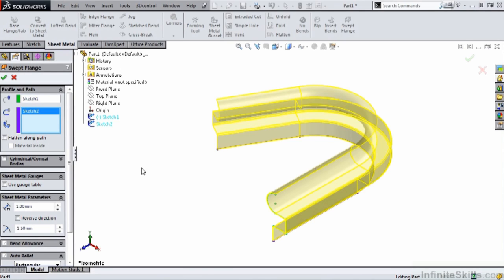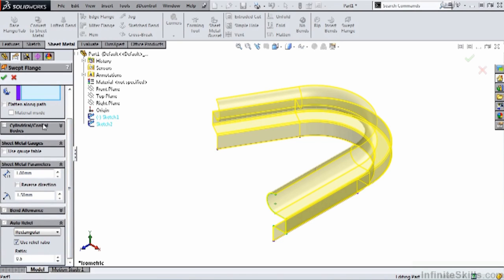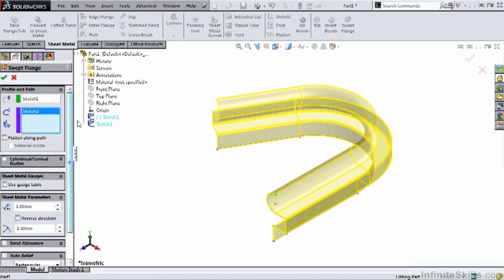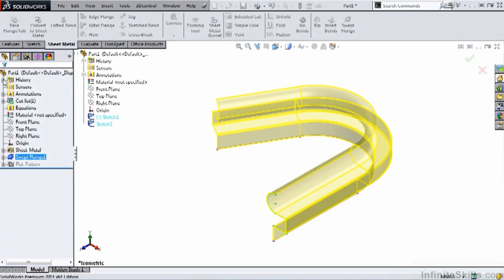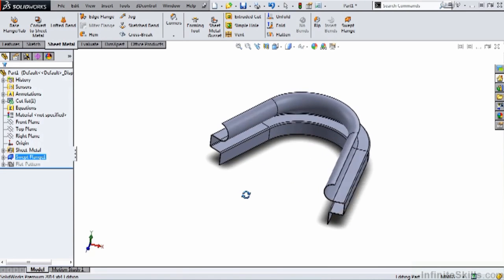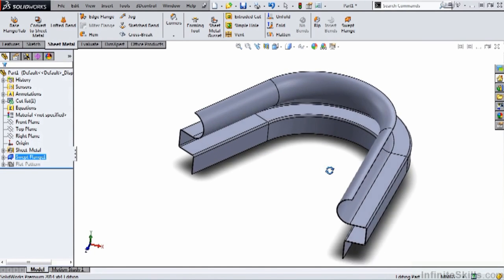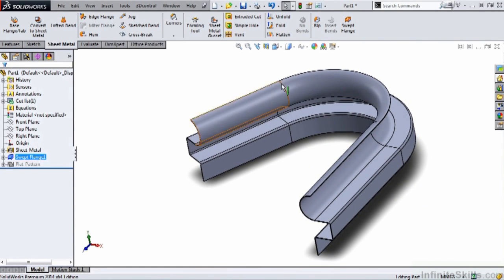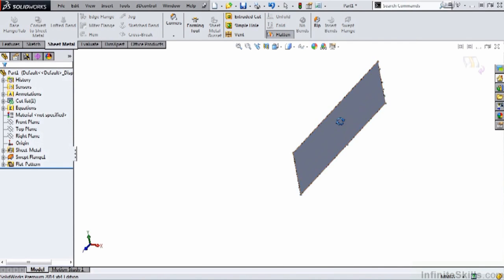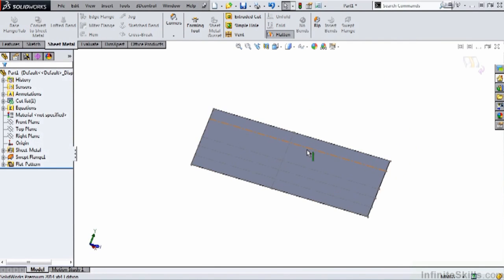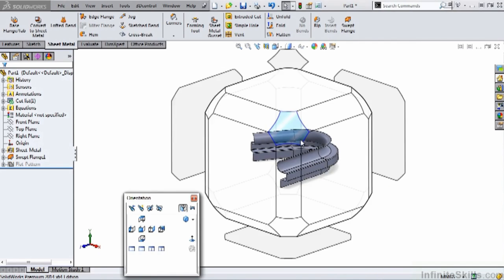Now there is no need to place any radiuses on that profile sketch because we're in the sheet metal environment, and that's taken care of by the sheet metal feature. Notice we have all of our parameters: thickness, radius, bend allowance, auto relief, just like we did with the other flange commands. We're going to keep the default settings and close out of the swept flange feature. And just by doing a couple sketches, you can see we created a pretty complex sheet metal flange. Now it's real easy to have fun with this command, get carried away, and design a part that's not manufacturable. So always make sure you flatten the part